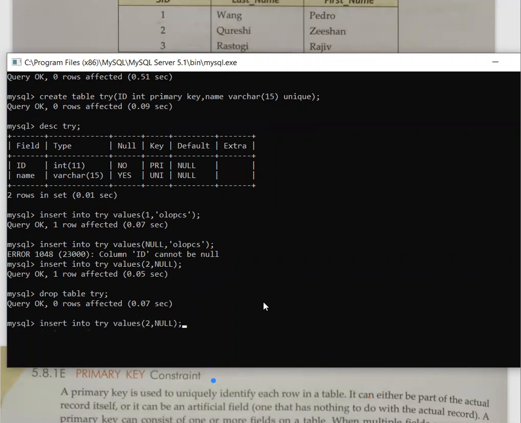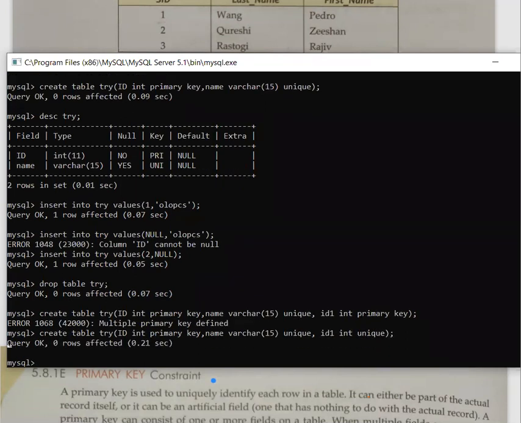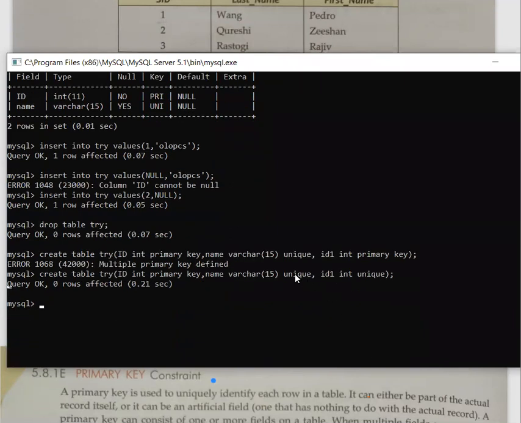Very good. So in that particular case, for example, we are just trying to do this. I'm taking ID 1 integer and I'm writing here again primary key. See, multiple primary key defined. This is the error message. Therefore, this table is not created. But suppose instead of primary key, I write unique key, you can see that it is working perfectly. It means you can have multiple unique keys in one table, but you cannot have multiple primary keys in one table. I hope it is clear up to here. Clear?